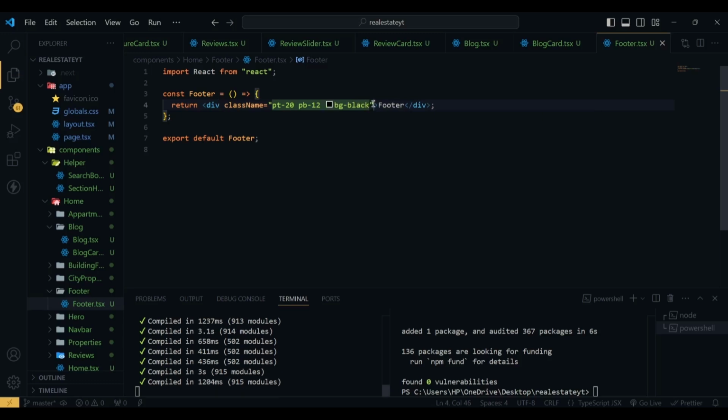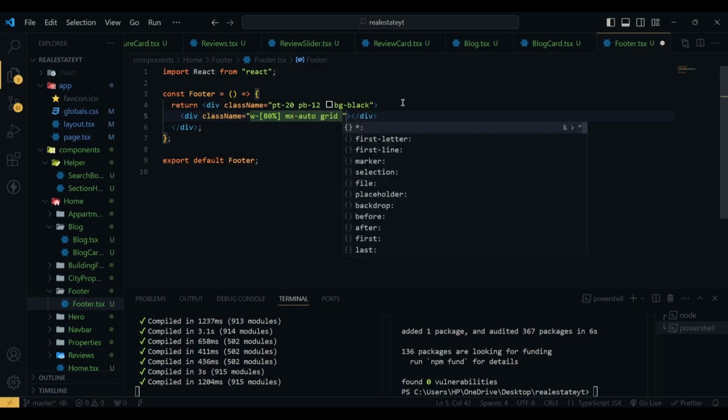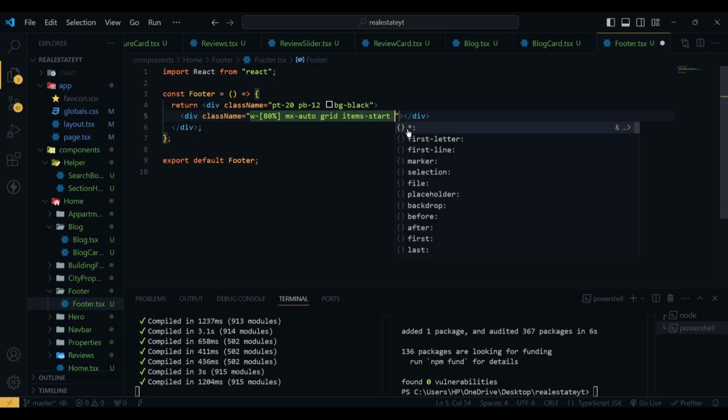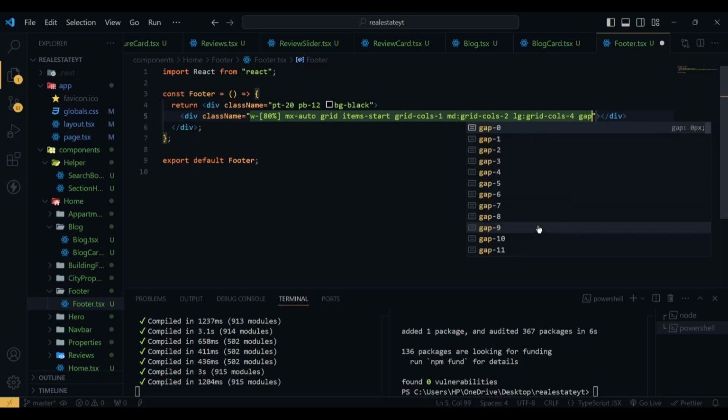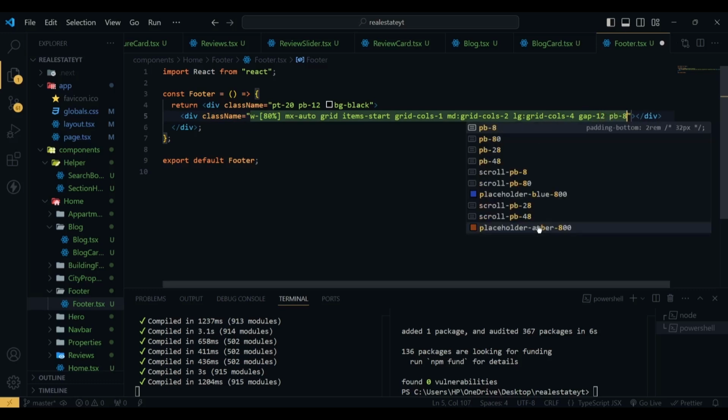and inside this we have another div with class name of width will be 80%, mx will be auto, we have grid, items will be start, grid cols will be 1, and in medium screen grid cols will be 2, and in large screen grid cols will be 4, and gap will be 12, padding bottom will be 8,